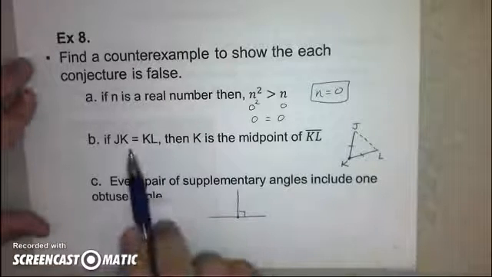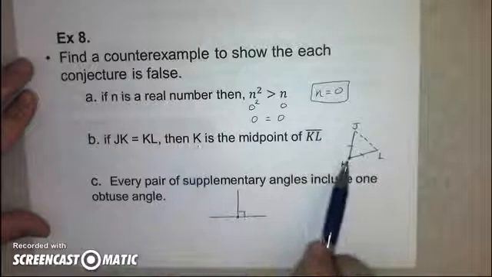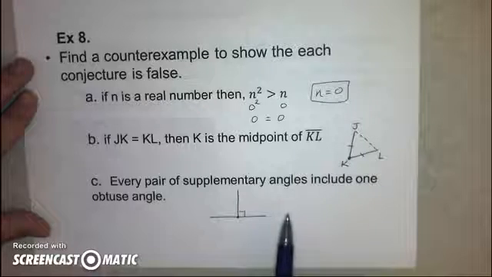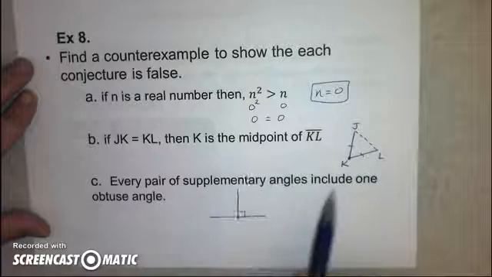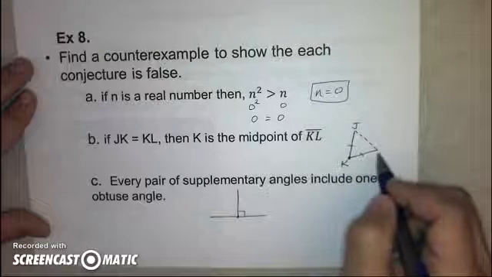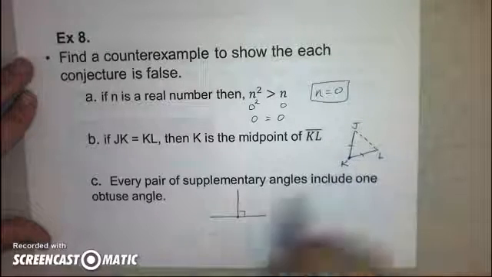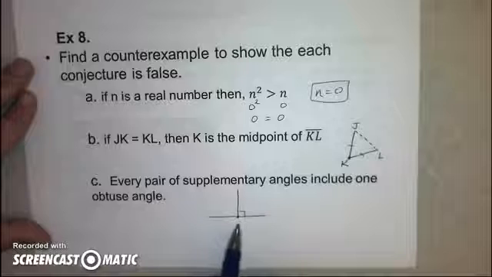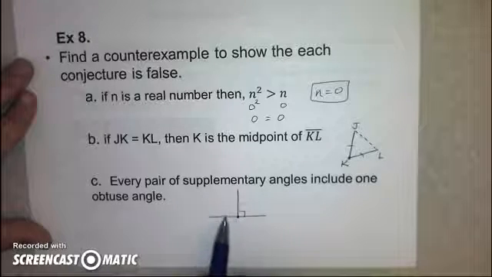All right. This statement is false if K, J, and L are not collinear. There's nothing that says they have to be collinear, so K could be out here. In this case, JK and KL are the same. And then our counterexample for part C would include a right angle. These are supplementary,